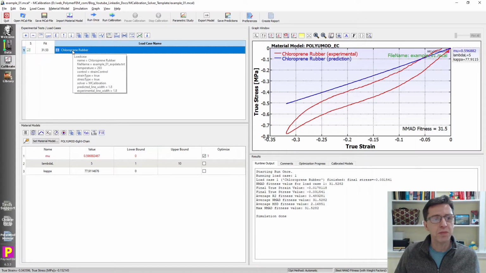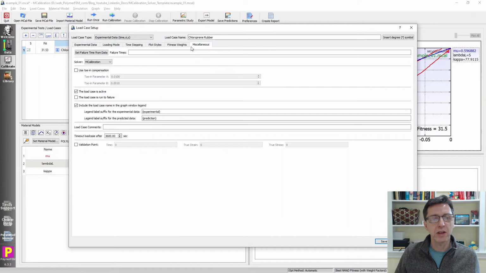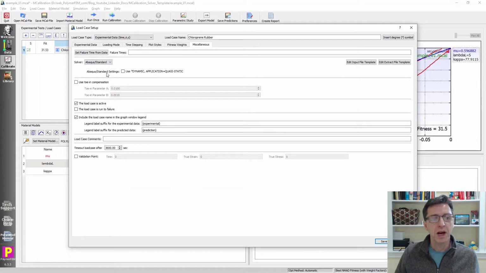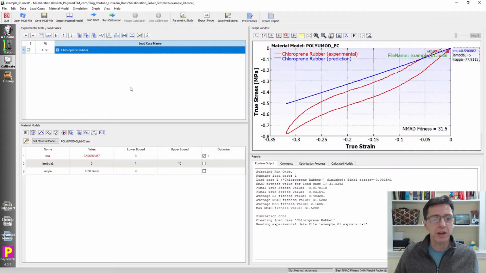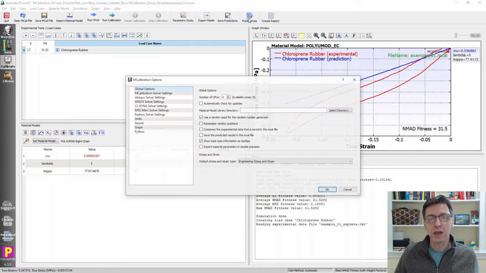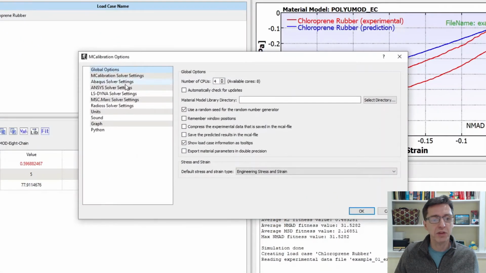Let's try something else. So if I go back to the miscellaneous tab, I'm going to pick Abaqus. You can either solve this using Abaqus Standard or Abaqus Explicit. So let's pick Abaqus Standard. There are some other settings here that we'll come back to, but just switching to Standard, I click Save. I can now run this if I want to, and it will actually launch Abaqus for us to calculate the stress response. Before we do that, let's take a look at some of the settings by clicking on Preferences, Abaqus